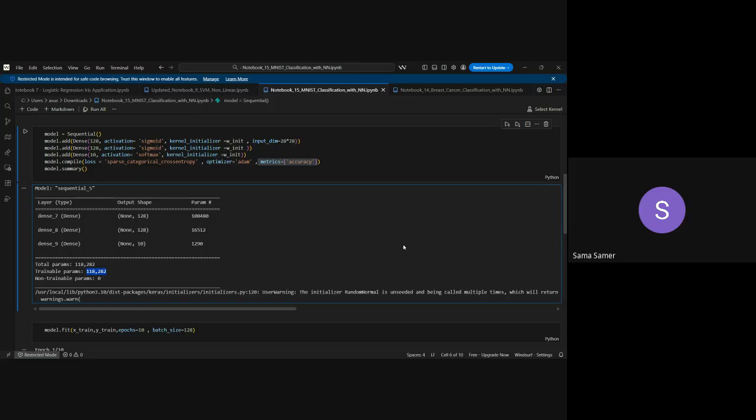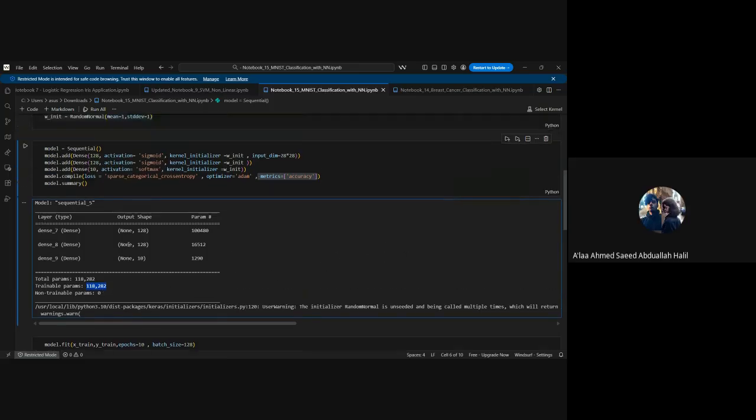Go on, Ala. Can we use the squared error here, and what other ways? Again, I'm asking: can we use the squared error, and what are the other ways? Look, the squared error is used for regression, okay? So we can't use it, because this is not a regression problem. This is a multi-class problem.